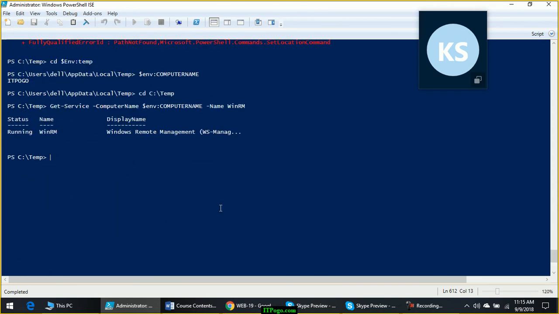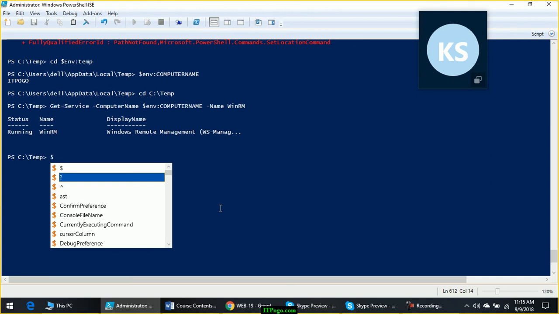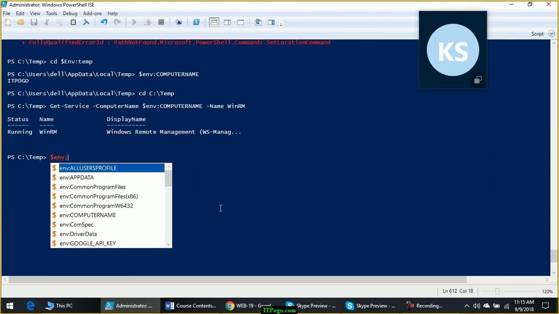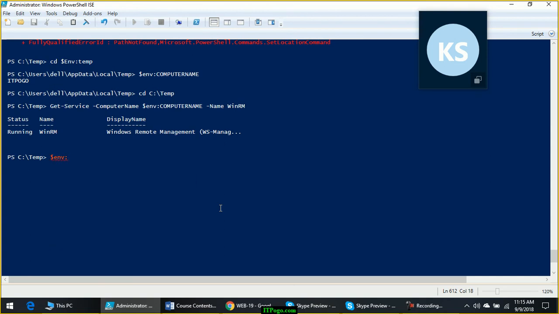Suppose you want to install some file or some program in program files. Now how can you guess whether the folder name for program files is C:\Program Files only? You can use this variable $env:ProgramFiles.